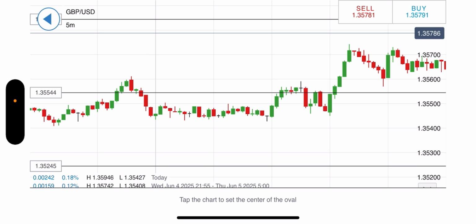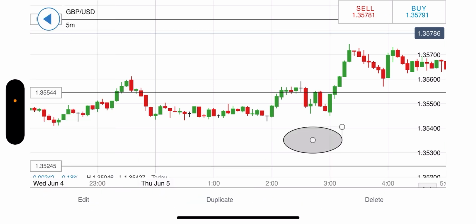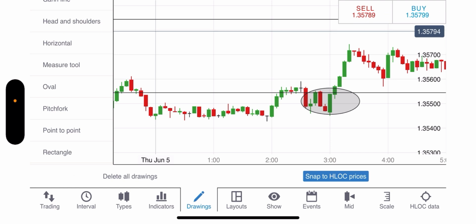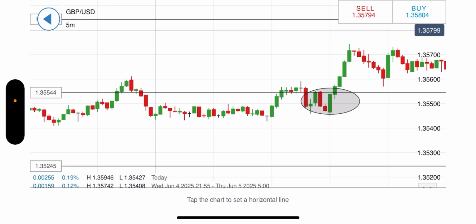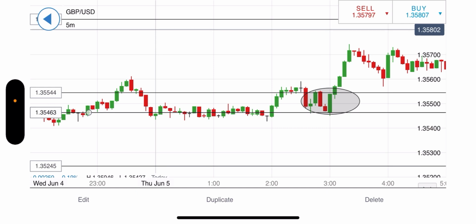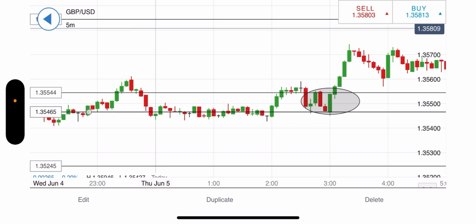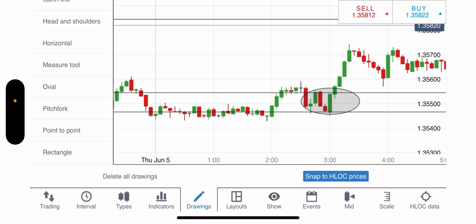So let's draw that oval again just to be sure we know what we're looking at. Okay, so right here, that red candle and then green candle, that is the 5 minutes before and then the London Open. So it is right on that line. If we drew another horizontal line here, just to get a feel for the price, we would see that at the bottom of that period prior, so I'm putting my horizontal line to the bottom of the red candle body at 255, we can see that the price here